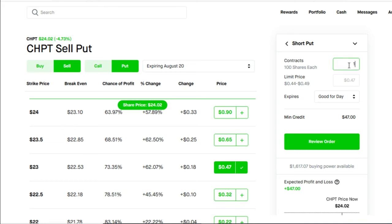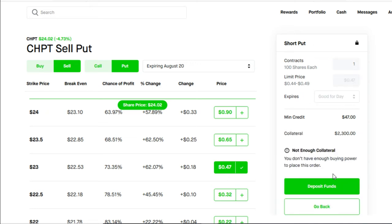It depends on your portfolio. If you could afford 2, if you could afford 5, it all depends on you. I usually like to stick to 1 because I like to keep my portfolio well diversified. So we're going to hit review order, and there we have it. So once again,